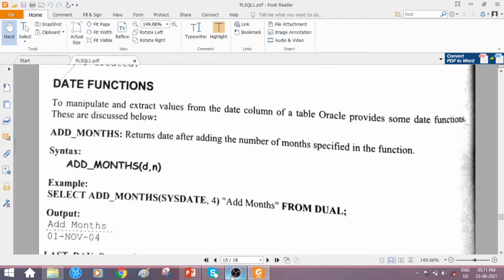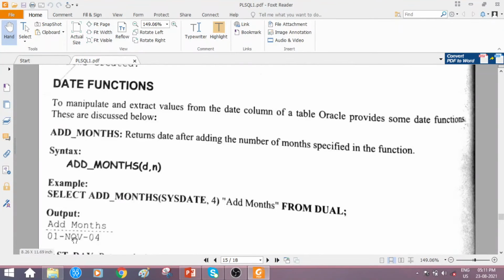Next are certain additional functions that are available. TO_DATE we understood, and it is the one we use while inserting date values. Now what are the other simple date functions available to perform simple operations on dates? To manipulate and extract values from the date column of a table, Oracle provides some date functions.